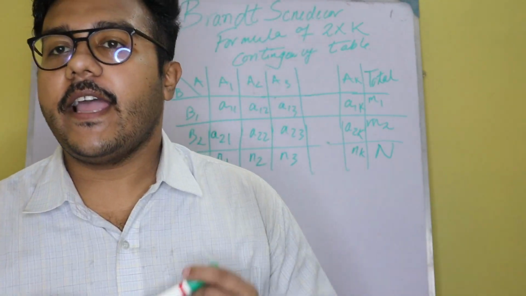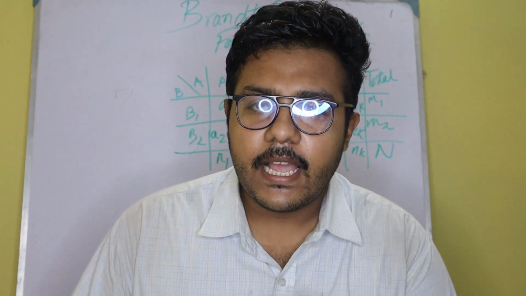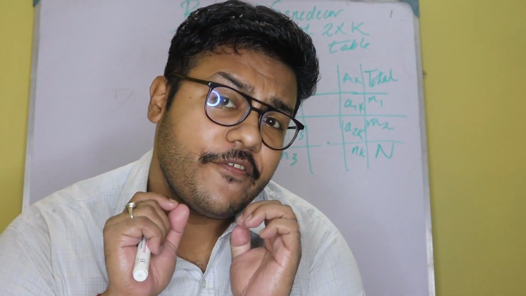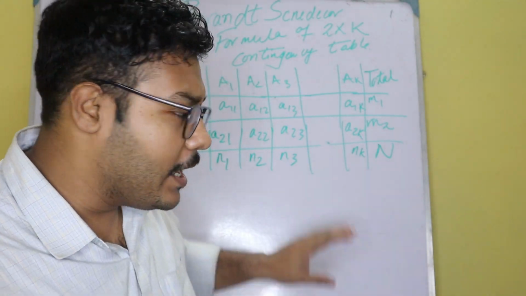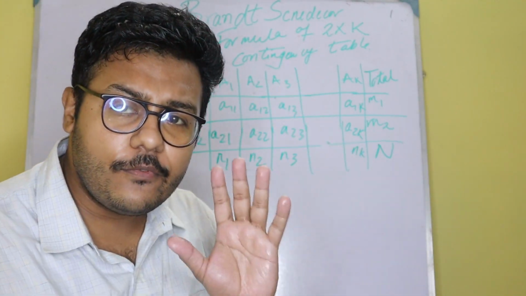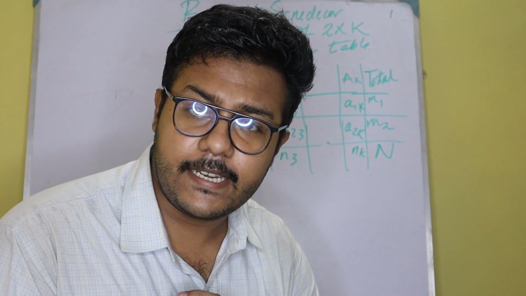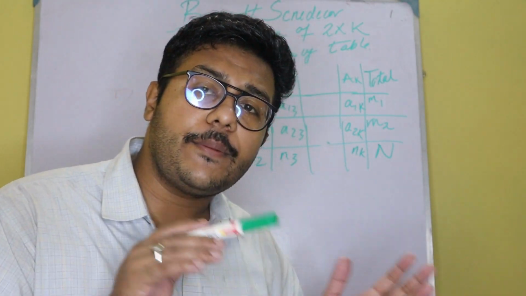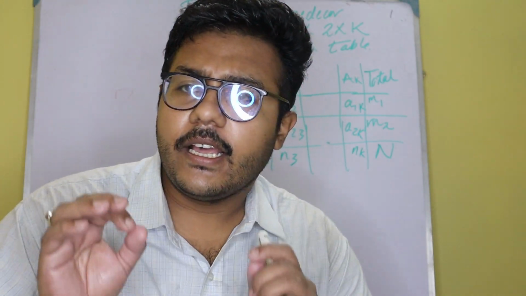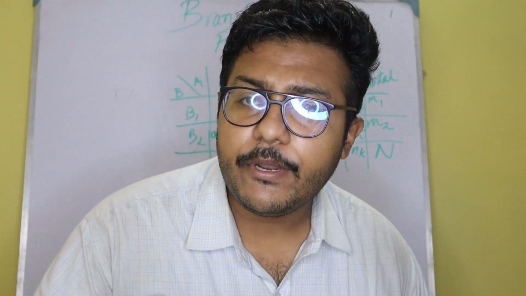Now friends, this is an extended part of the chi-square test of independence. I will show you how. Actually, this test provides a very shortcut formula to deal with this 2 cross K contingency table. I have shown you here what is meant by a 2 cross K contingency table. I am explaining this part a little bit, and then I will show you the proof of the formula and a solved example which will help you to understand how this formula is applied.